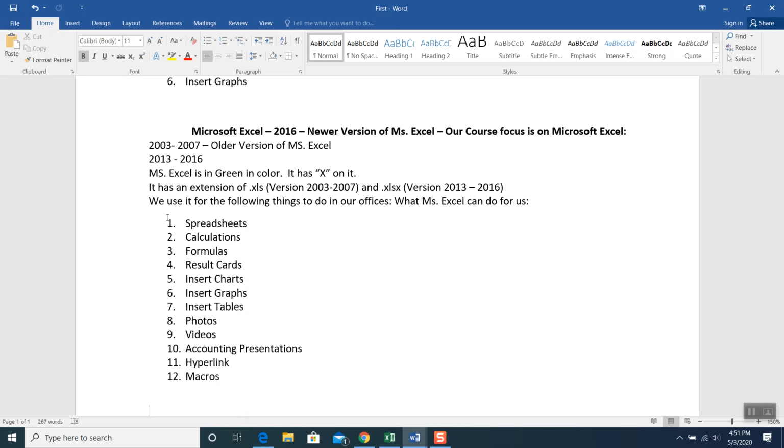Again, this is an exam question. So the exam would be a multiple choice question. Out of these multiple choices, please pick an answer wisely, because these are the things that Microsoft Excel can do for us. Microsoft Excel can do spreadsheets